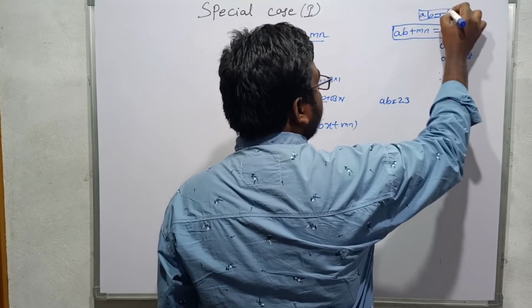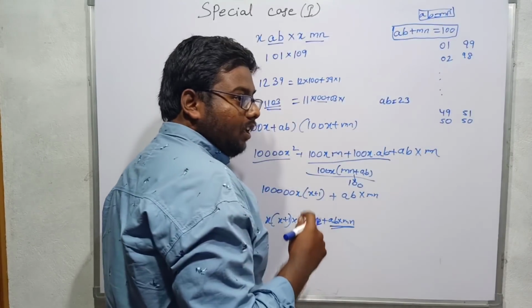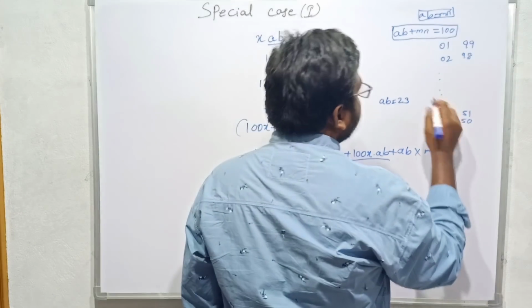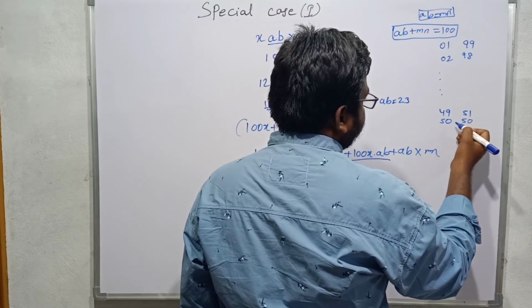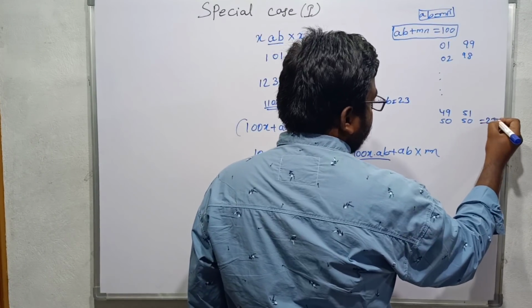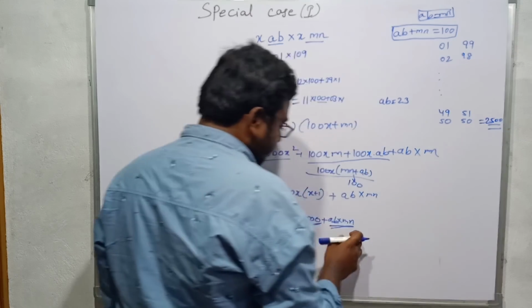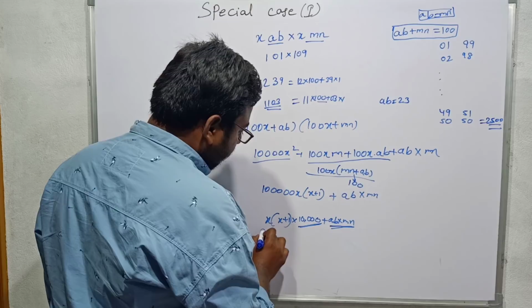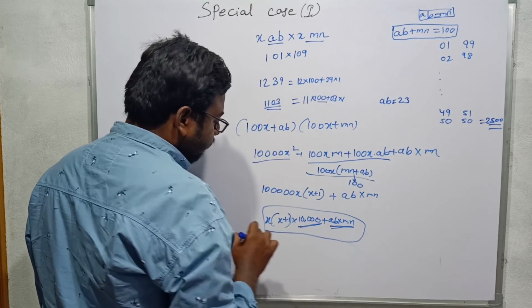We will discuss this concept clearly on the topic of algebra. When A B equals M N, that will be 50 equal to 50, 50 plus 50 equal to 100. So here the maximum result will be 2500, which is a 4-digit number. So this concept is not disturbed. So I can use this result for